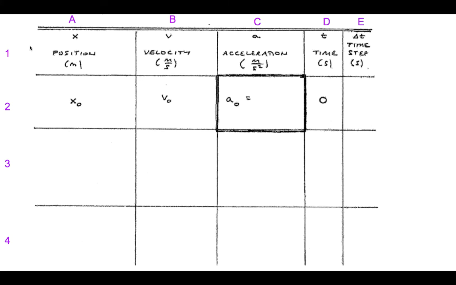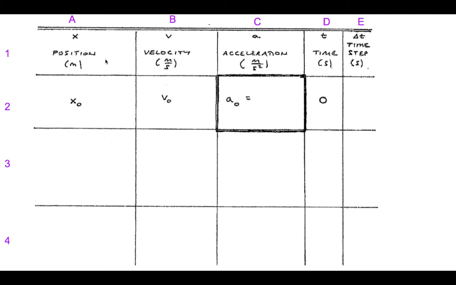All right, what we're going to look at here is a little game plan for using either a computer program or a spreadsheet to calculate how something is going to move, or to run a little physics simulation. You could even use this as the physics engine of a little video game that you program. And so what you do is you set up either, like I say, a spreadsheet or arrays